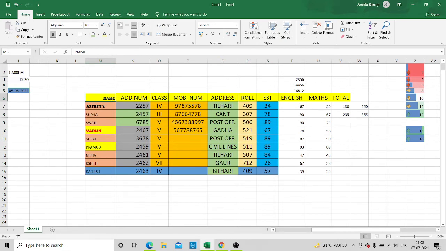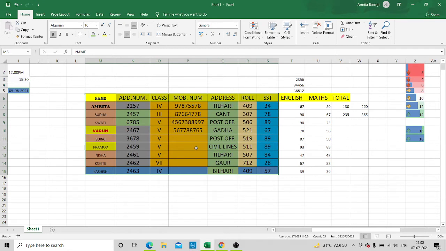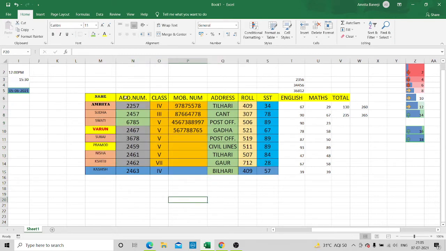Now, children, at the top we have an option, this is your top alignment, means the text would be written from the top. If I select this one, it will be written in the middle, and this is your bottom alignment. Suppose, children, I am selecting this entire table and setting it to center. See, all the data has been centered, and I will select top alignment. Now all the data is aligned to the top.